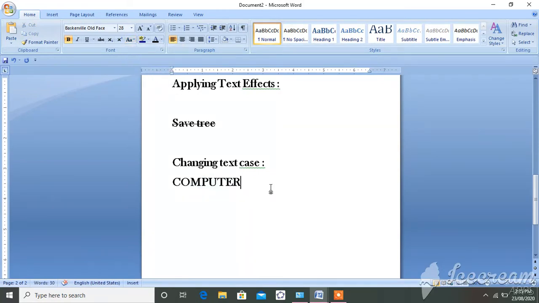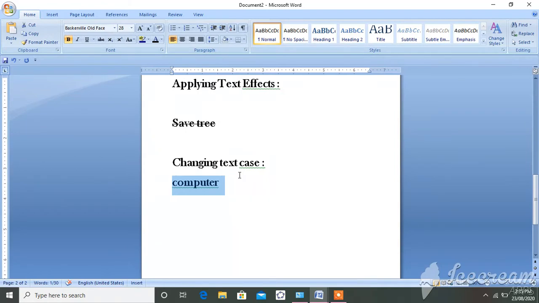All characters get displayed in uppercase. The same way you can change it into lowercase. See, again go here, click there, click on lowercase. That character gets converted into lowercase. So in this way you can change the text case with the help of the change case effect.